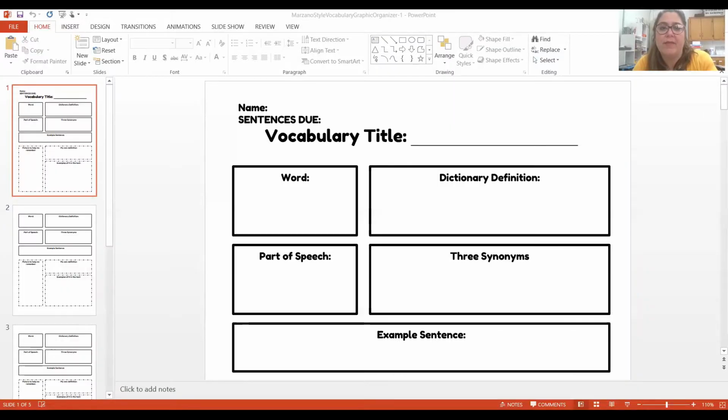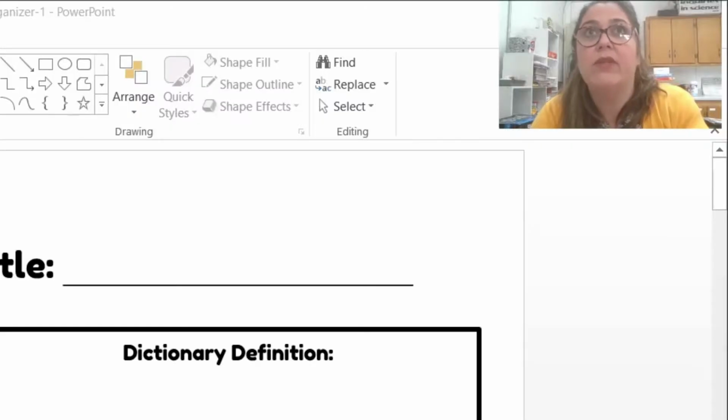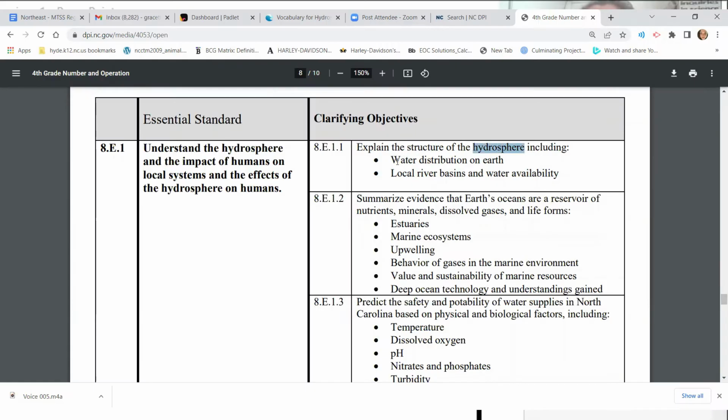So the great thing about this is that the students can go in and they would only spend a few minutes doing a couple of words, and then they could see all of this information that all of the students in the class had done. You really only want to teach 5 new terms per week. So if you have 20 vocabulary terms that students do not know, then that's going to be a heavy hitter unit. That's going to be at least a 4-week unit, possibly a little bit longer, so that you can teach